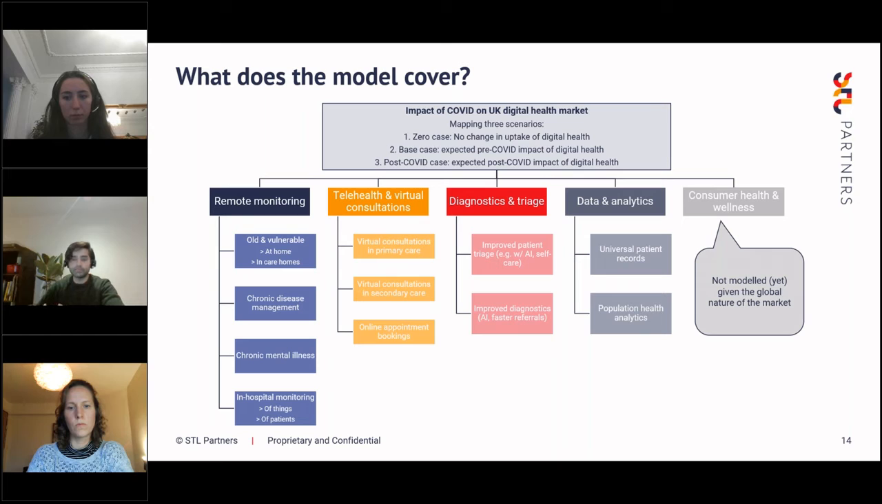So how effectively can you work out where a patient needs to go in terms of their healthcare system? Is this a GP or a specialist issue? Is this something you need to have an appointment for, or can this be fixed with self-treatment or one-on-one? And then the diagnostics within the actual patient journey, and within data and analytics, looking at EMRs and